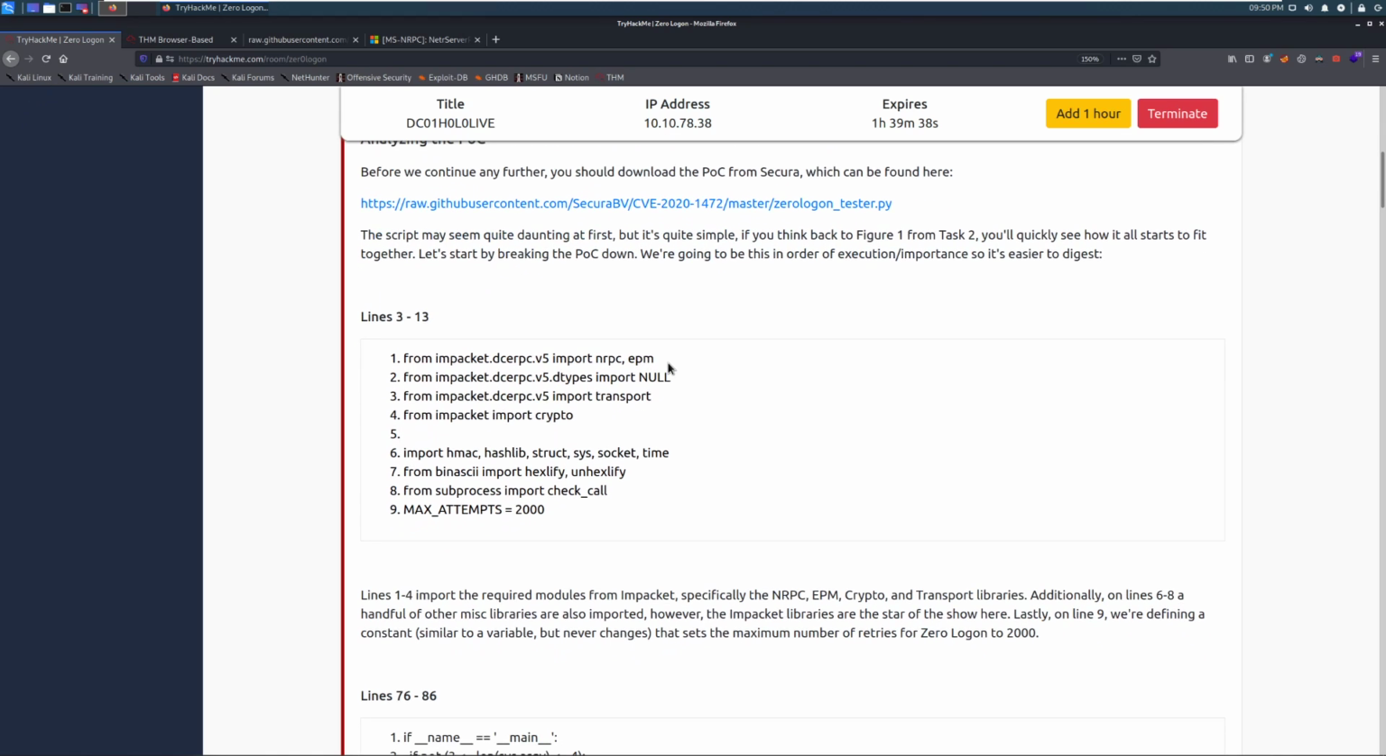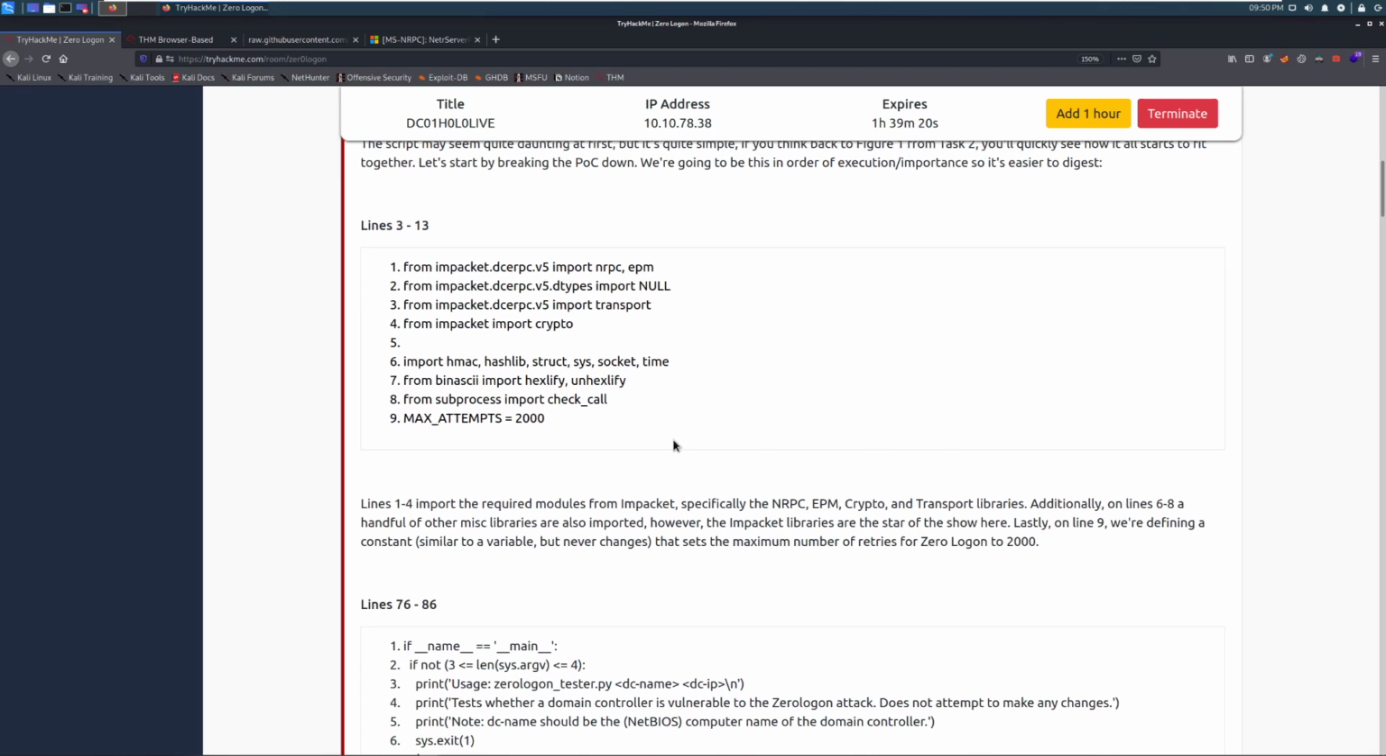The script may seem quite daunting at first, but it's quite simple. If you think back to figure 1 from task 2, and again, this is how it normally happened, you'll see how it all starts to fit together. Let's start by breaking the POC down. We're going to do this in the order of execution and importance, so it's easier to digest. So here we have our first bit, which is going to be declaring variables and importing various libraries